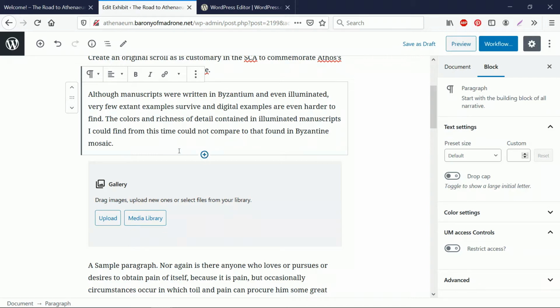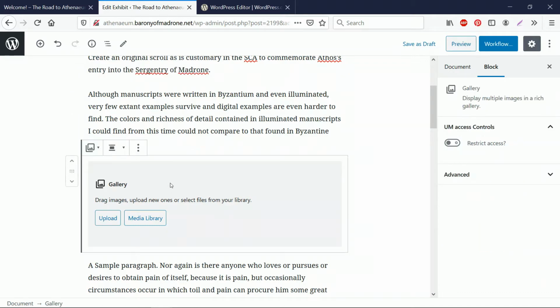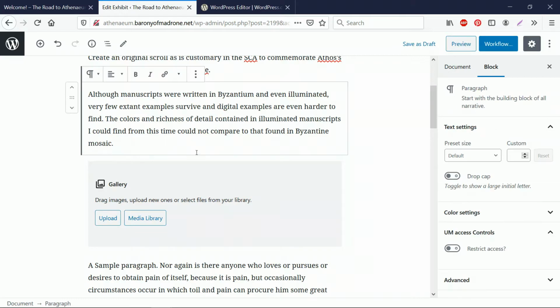So next in my documentation, I have an image. I am going to add an image to this gallery section. I could just add a single image because a gallery is really good for showing multiple images, so actually I'm going to do that. If I click on the paragraph above here, because I want the image to be right below it, a plus